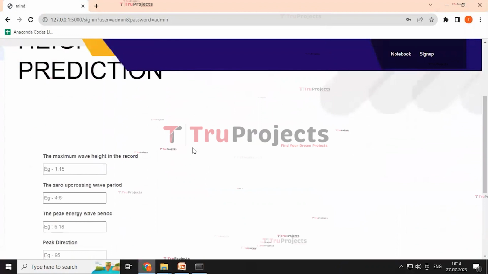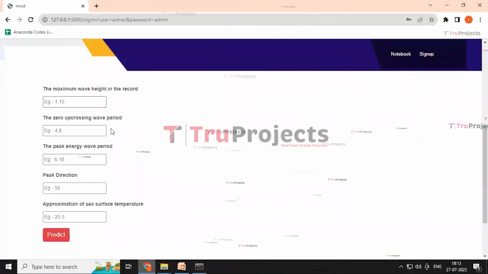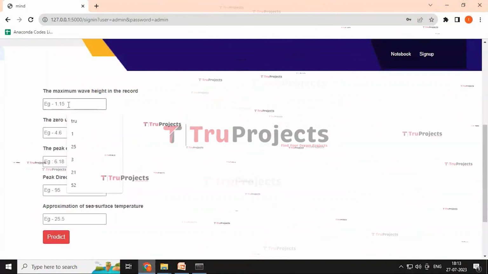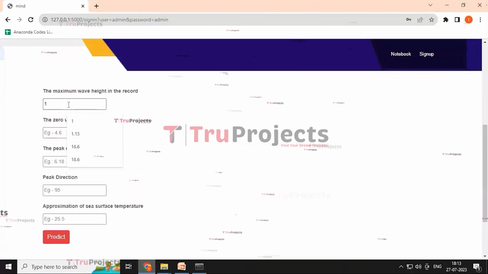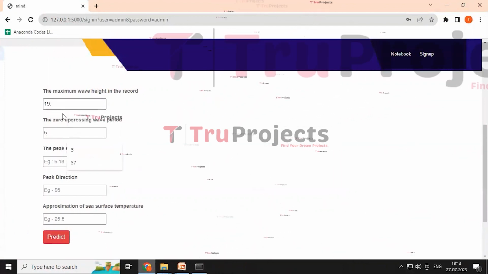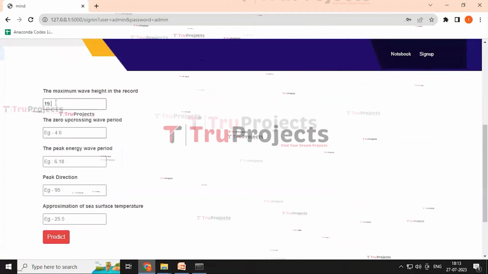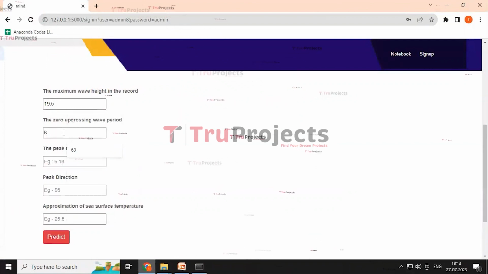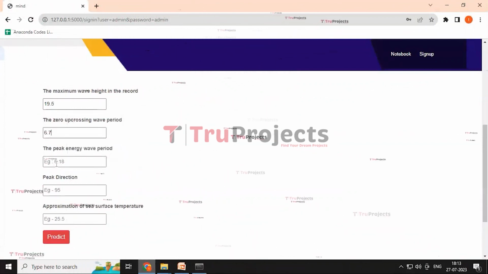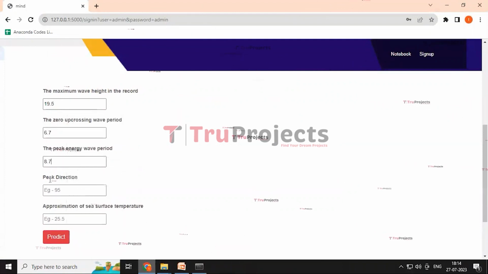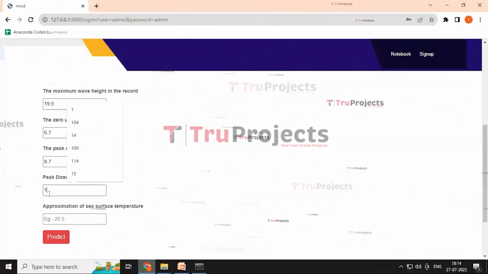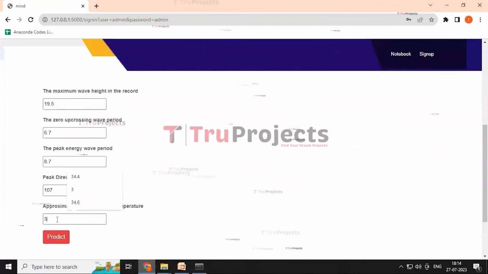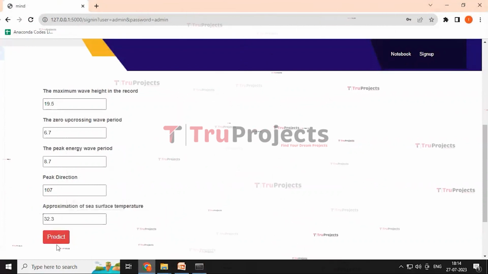index page containing some necessary details that need to be filled to predict the ocean wave height. And here I'm entering the maximum wave height in the record as 19.5, the zero upcrossing wave period as 6.7, the peak energy wave period as 8.7, the peak direction as 107, and the approximation of sea surface temperature as 32.3, and then click on the predict button.